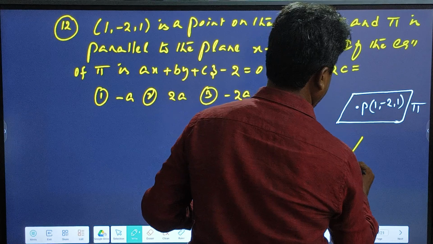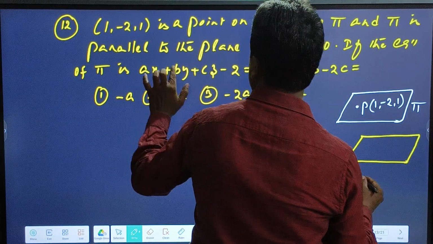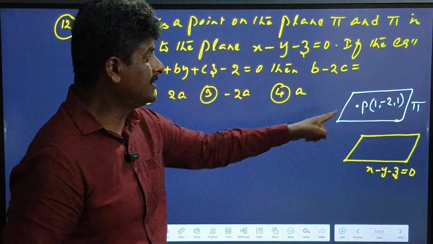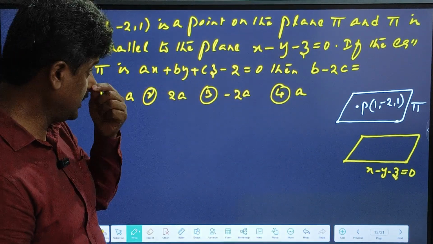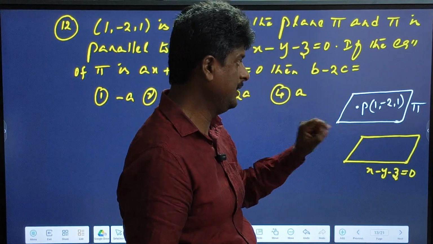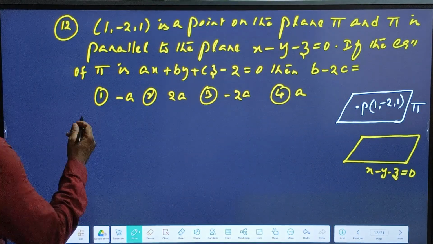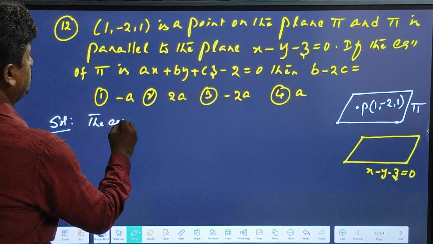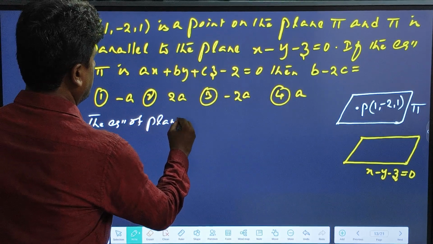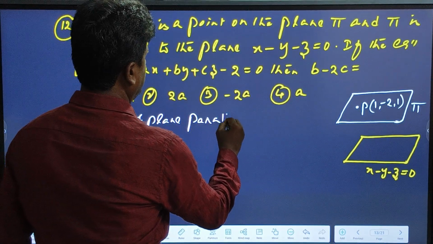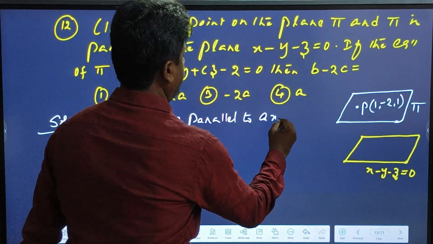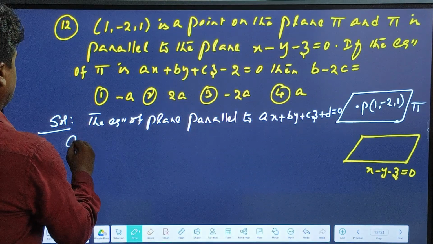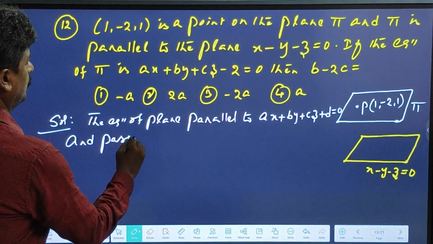This is another plane whose equation is x minus y minus z equals 0. This is the plane parallel to this plane passing through this point. Do observe that here we need to use one formula. The equation of plane parallel to ax plus by plus cz plus d is equals to 0 and passing through